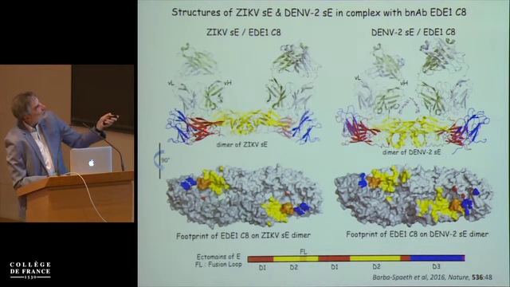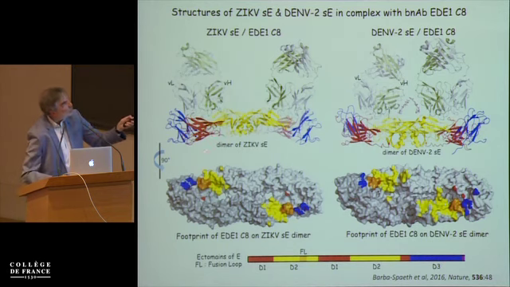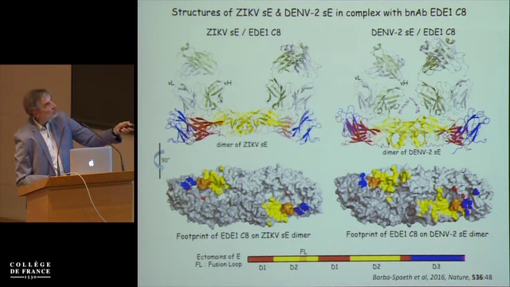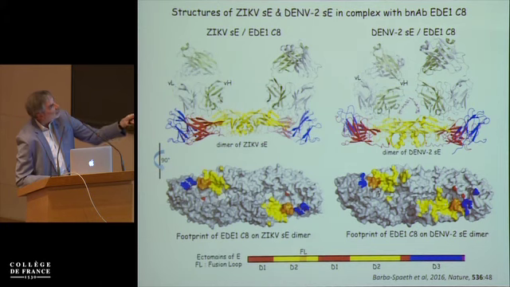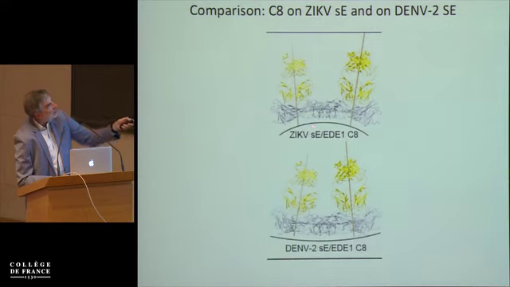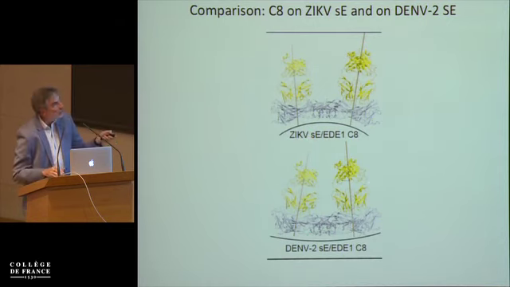One thing we saw is that now that the cryo-EM structure of the Zika virus is available, this curvature is the same, whereas the dengue virus is much more malleable, and we think it has to do with its breathing. If you compare them, these are the epitopes, which are obviously the same. The main determinant is this B strand, and all of the important contacts are conserved. So the dengue virus E dimer is much more metastable and malleable, which we think is one of the causes of the problems for dengue virus.